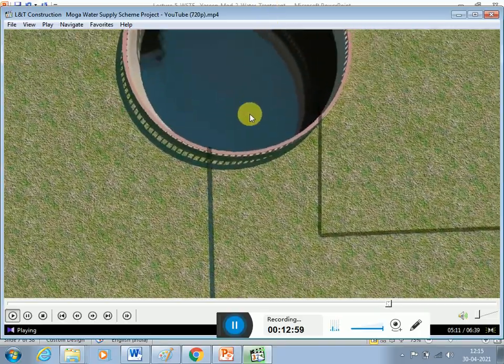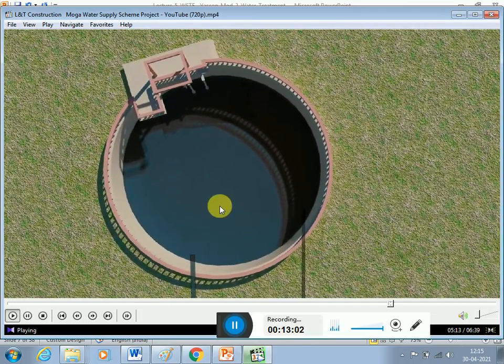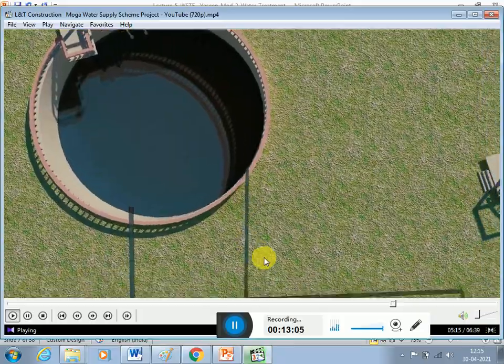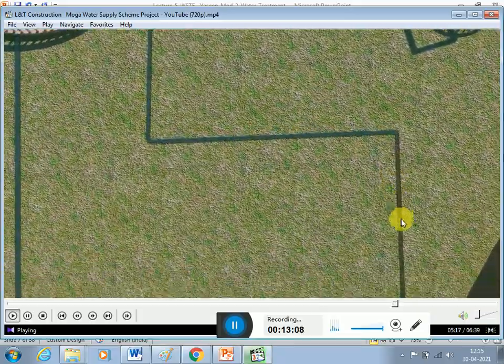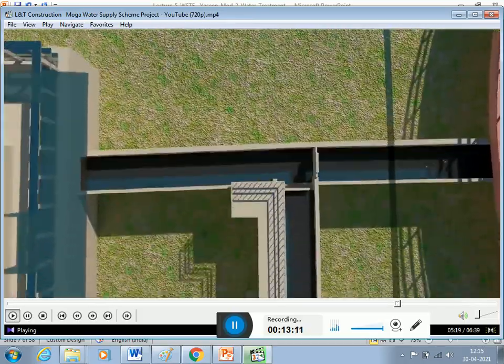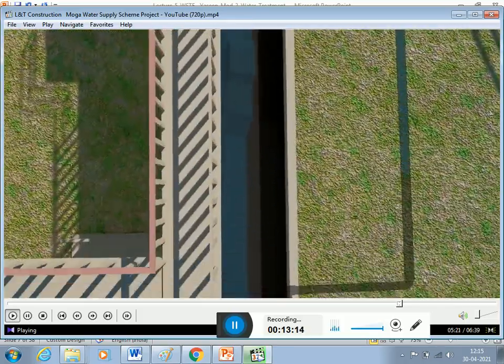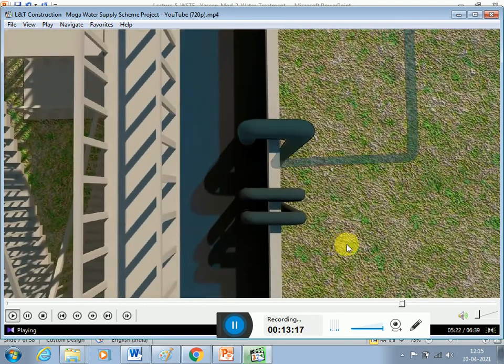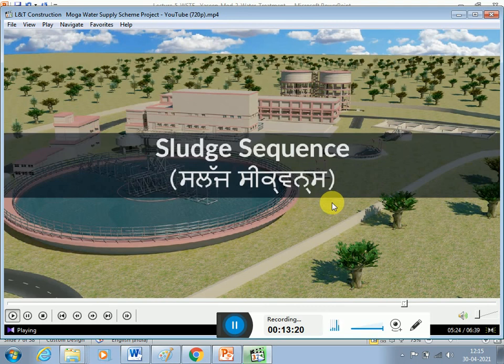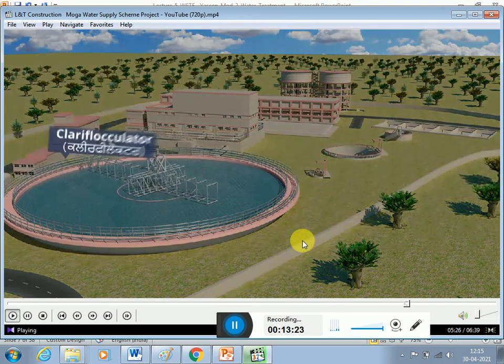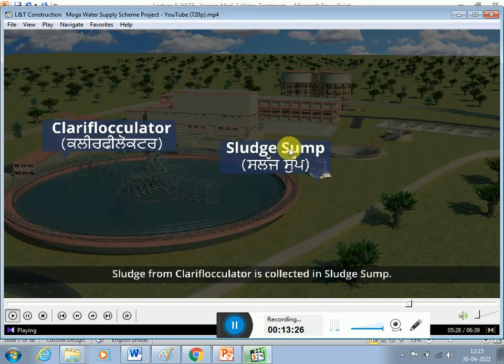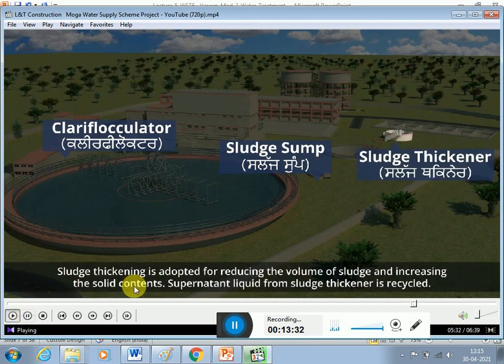From the wash water storage tank the water is being extracted, as you can see here. From the bottom, through the under drainage system, the water enters the clear water entrance. From the same area the fresh water is also taken and used for backwashing, so that all the impurities get removed. The sludge which is settled at the bottom of the clarifier is also removed. When the purified water gets out from the outer canal and enters the filter house, the sludge settles at the bottom.